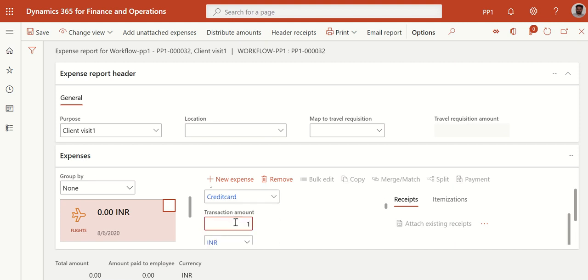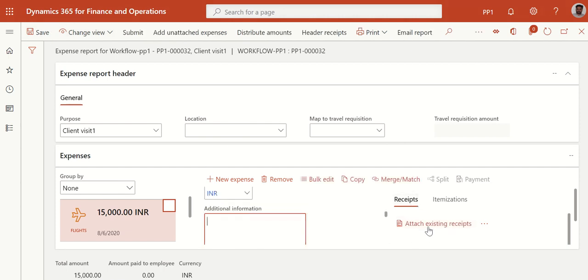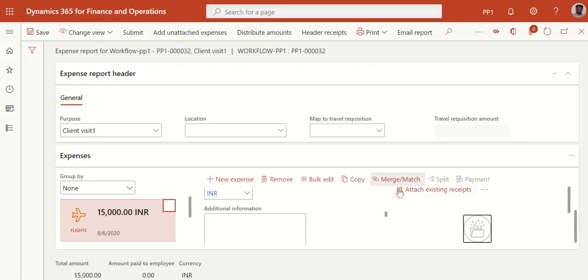I'll say 15,000 is my flight charges. You can add additional comments here if you want, and here you will attach a receipt. Save, and you can see here attach existing receipts. So click on receipts. If there are any existing receipts, it will show. If there are no existing receipts, then you have to create a new receipt and add it here.